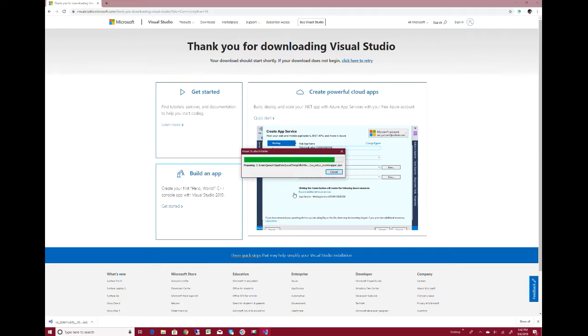I always install the C++ and all of its intricacies. Don't worry about the universal platform development. Notice this is about